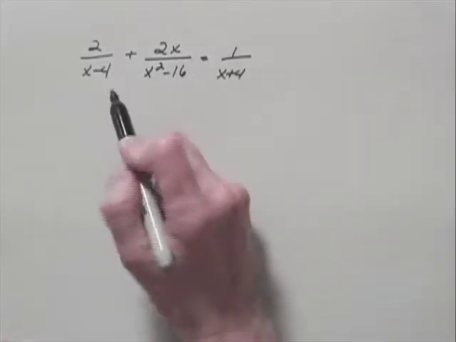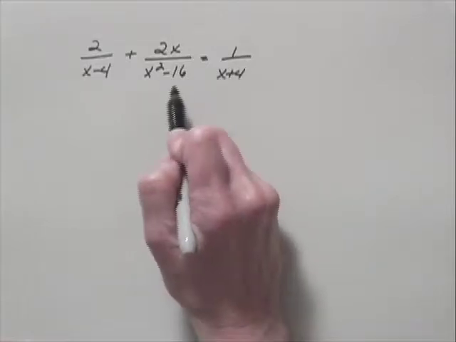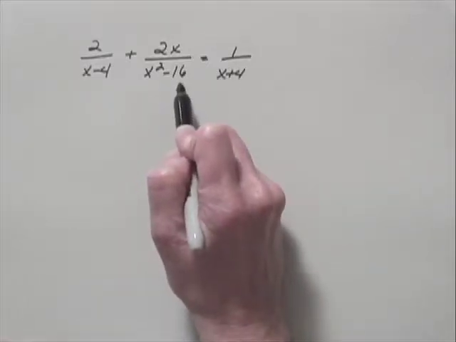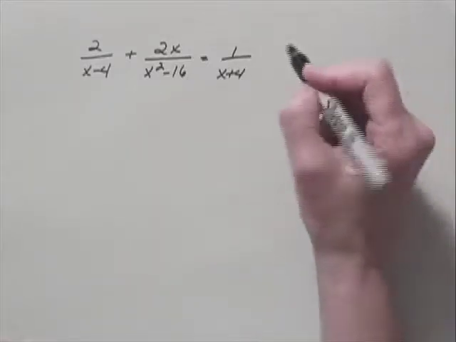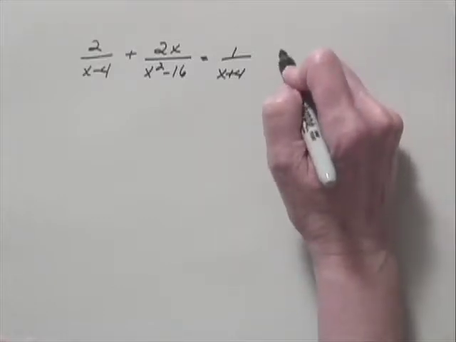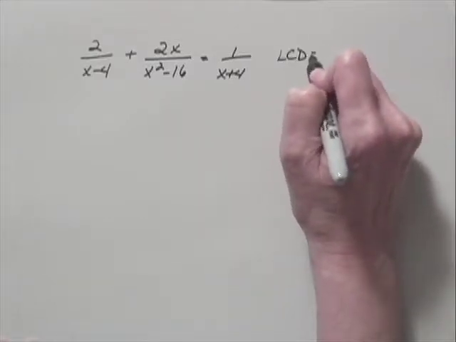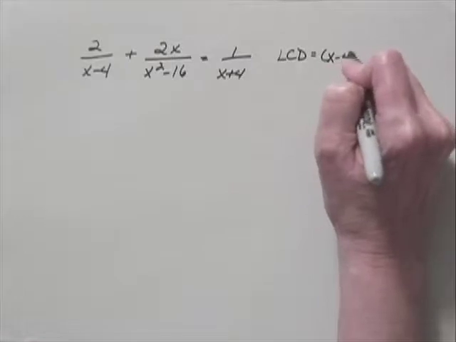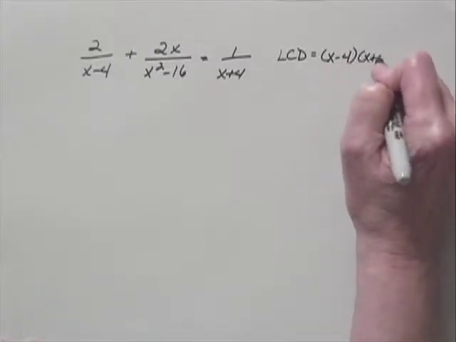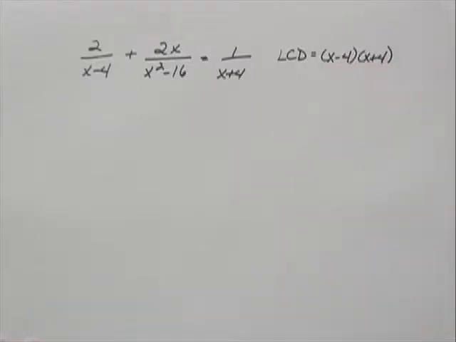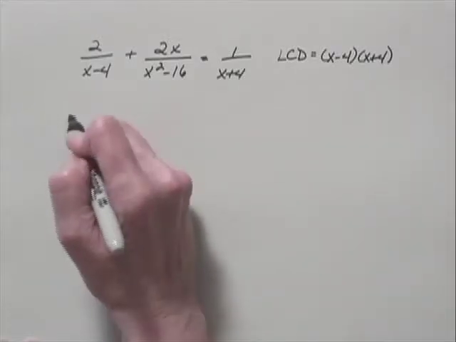I see that this denominator is x minus 4. This factors as x plus 4 times x minus 4, and this is x plus 4. So the least common multiple of the denominators, or the least common denominator, is going to be x minus 4 times x plus 4. And I'll multiply both sides of the equation by this expression. So I would have